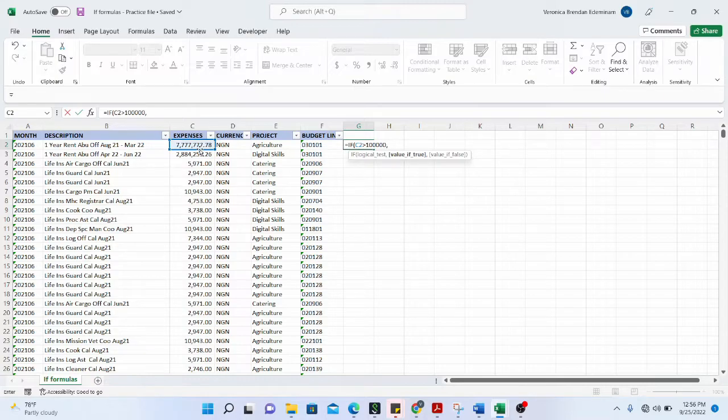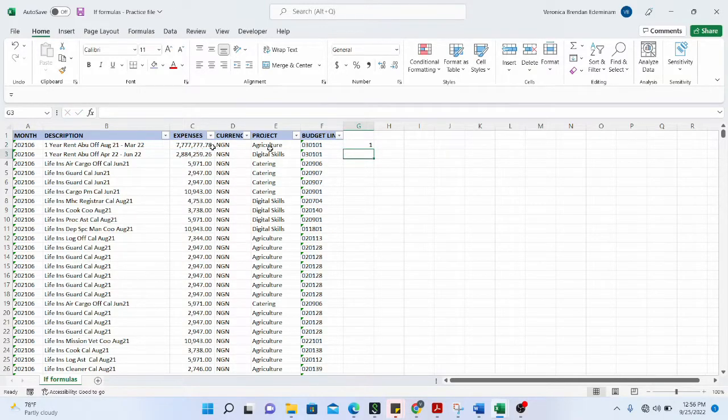And what is the value if it is true? So I'm going to say if C2 is greater than 100,000, give me 1. Otherwise, give me 0. So this is what I have. And of course, C2 is greater than 100,000, and Excel has given me a 1 just like I told it to do. And if I am interested to know if all the values in column C, if I want to apply this IF function